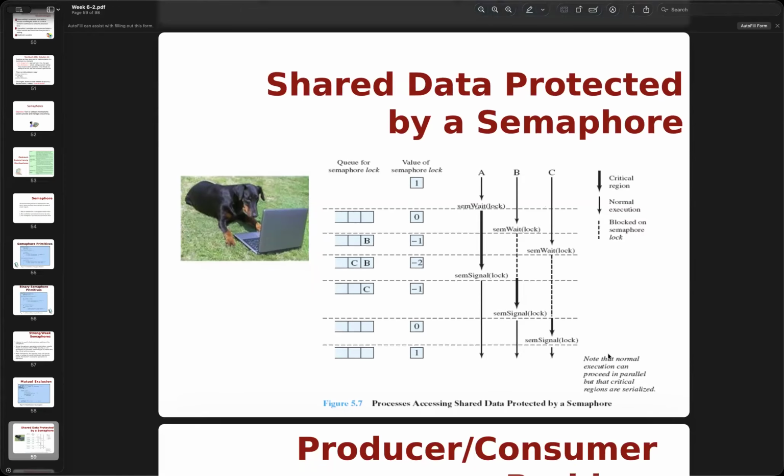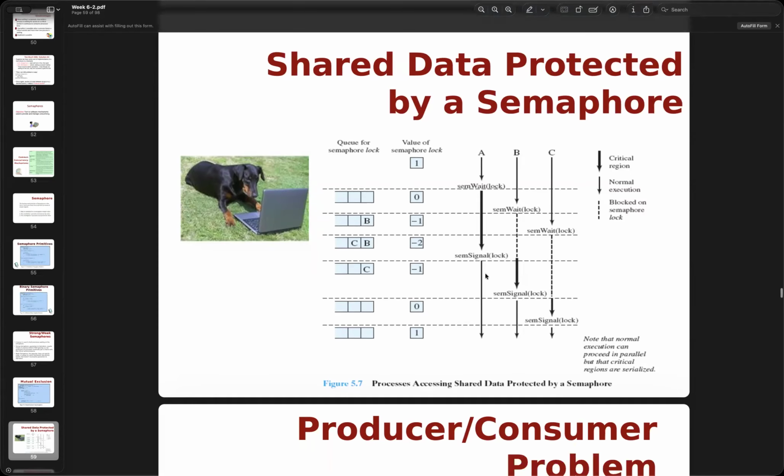Be careful: in normal execution the processes are parallel, but the critical sections are serial. We can only execute the critical section when we have gotten the semaphore wait. When a process grabs it, it executes the critical section, and the others will be blocked. Even if you want to get it, because another process is already in the critical section, you cannot do anything, so you have to wait for the previous one.